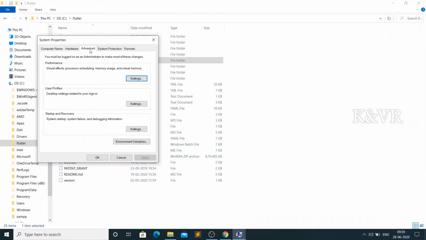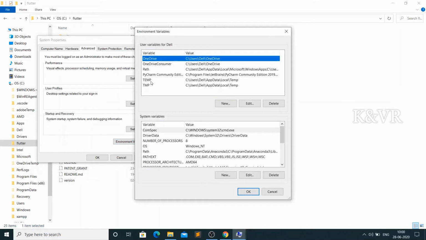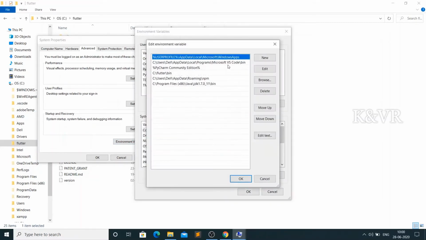Here are the advanced settings, just click on that and then Environment Variables. Here is the path, just click on that 2 times. It will open one window and here in the path there are so many entries, like Java and machine learning, in my laptop.